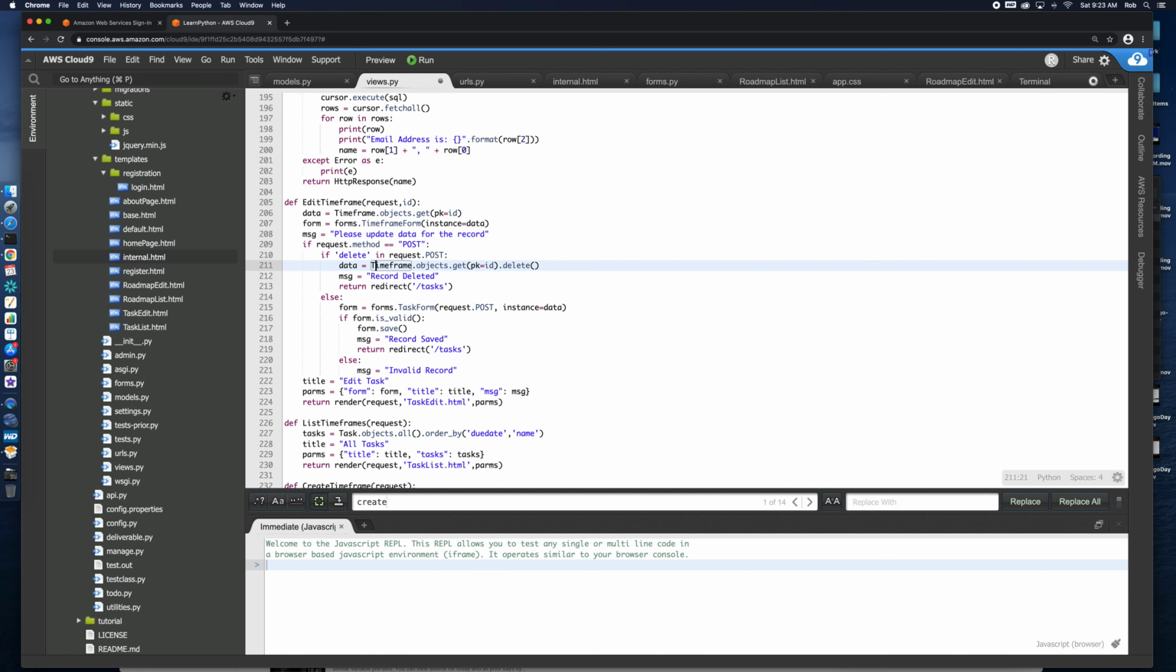So let's see, so we're gonna do that. That's our ID, record deleted. He's gonna go instead to TFS. Again, this is a time frame form. Whoops. And we're going to use this instance data, form save, redirect to TFS. Yeah, invalid record, good, edit, time frame, form, title, message, and it's going to go to time frame edit because we're going to